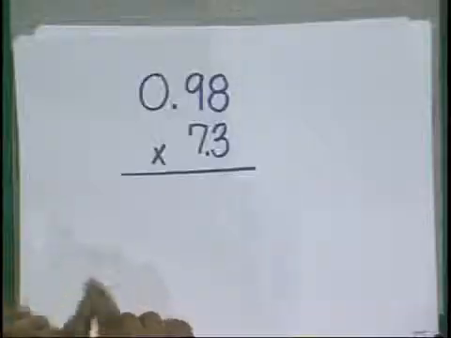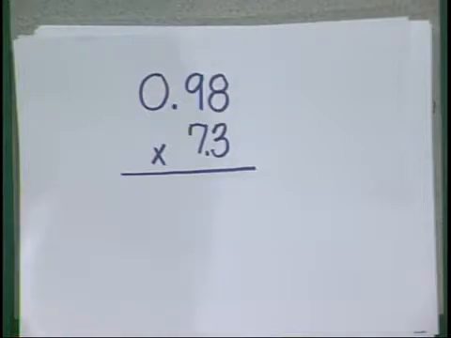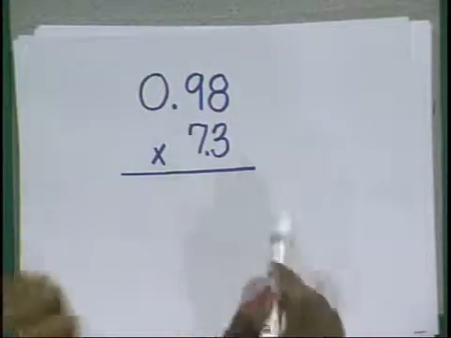Today's email question is from Nicole at Benjamin Tasker. Nicole says, my problem is 98 hundredths times 7 3/10. I don't know where to put the decimal after I multiply. Help! Well, Nicole,